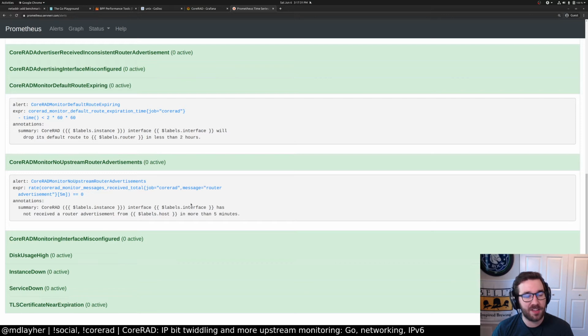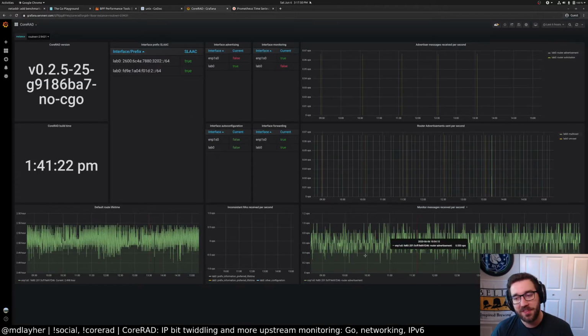And the other one is if we've seen no upstream router advertisements for more than like 5 minutes, because in my case, the ISP is sending them every 3 seconds, so I should expect to see them within 5 minutes. We'll also fire an alert. So this is why I think this is valuable. This is pretty new functionality, kind of created because I was having trouble with Charter randomly dropping my advertisements and such. So now we have this in these nice dashboards.